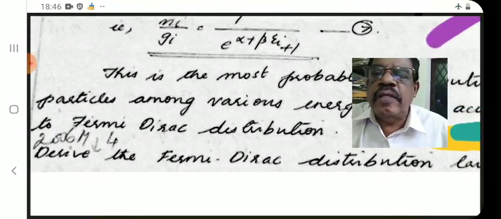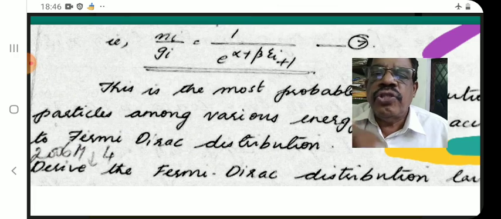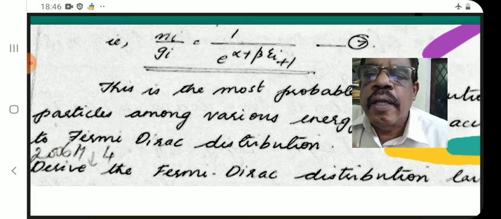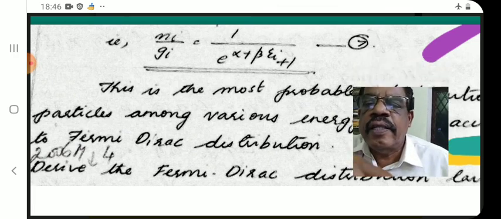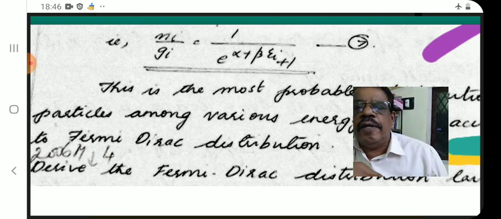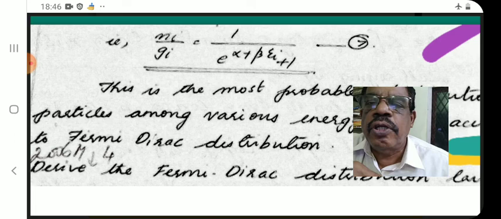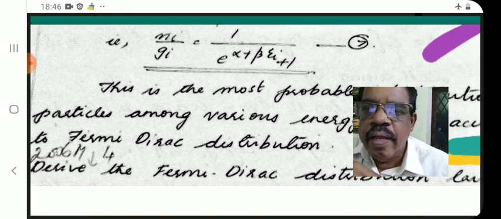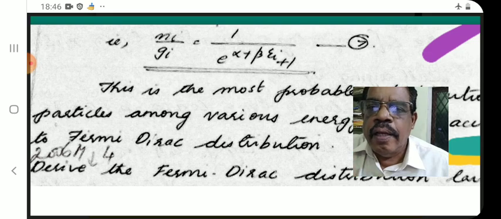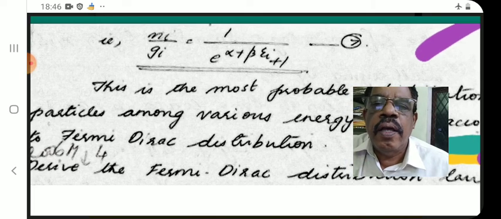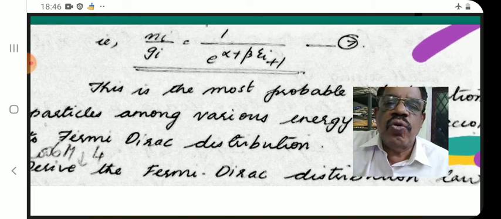That is ni by gi. ni by gi is equal to 1 by e raised to alpha plus beta epsilon i, plus 1. The plus 1 is in line with the e, not in the power. That you carefully note. This is equation number 7, and that is actually the